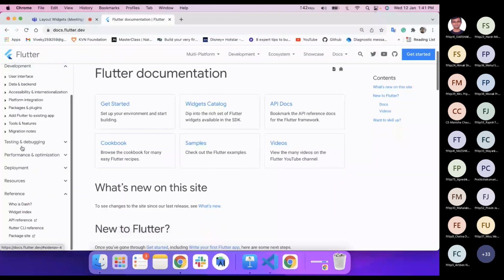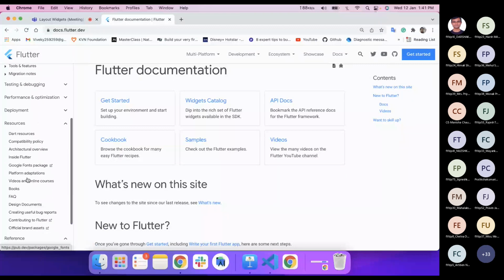So we have resources and it will load the widgets. I guess my internet is also slow. Before that, let's see what the basic widgets available inside Flutter are.